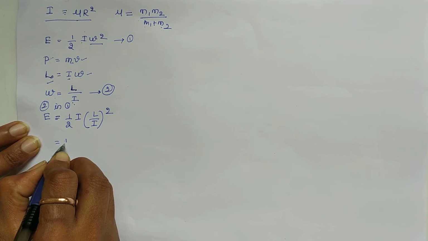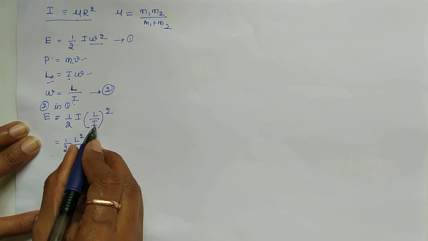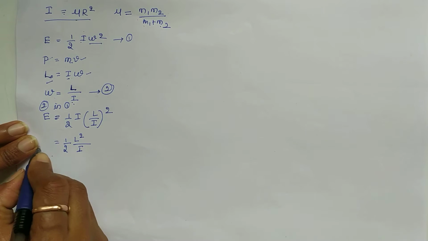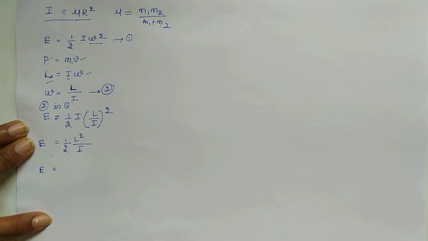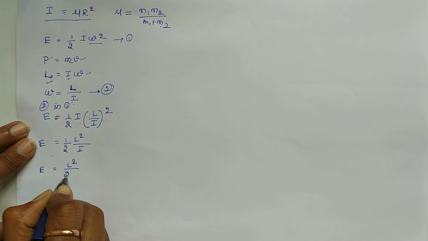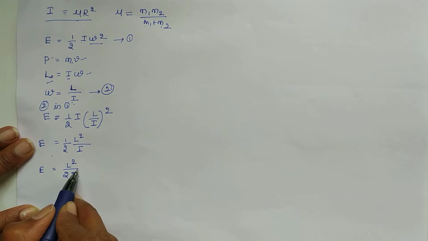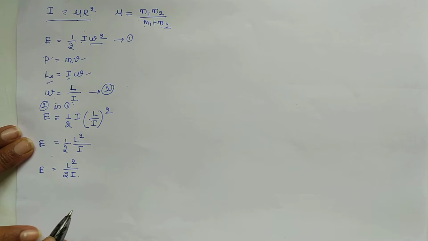And if you simplify this, what are we going to get? That is L square divided by I square, one I gets cancelled out, and you are left with a single I. So the total energy of the rotating diatomic molecule in terms of angular momentum and the moment of inertia is equal to L square divided by 2I. This is kinetic energy only, since the potential energy is absent. So the energy the molecule is having is pure rotational kinetic energy.